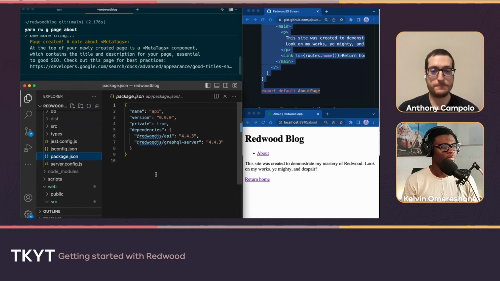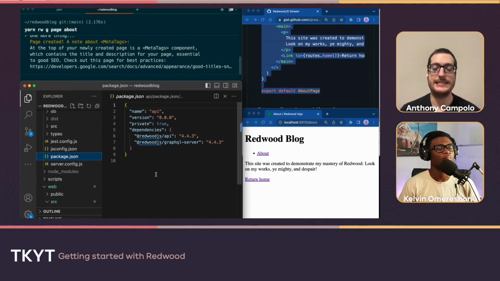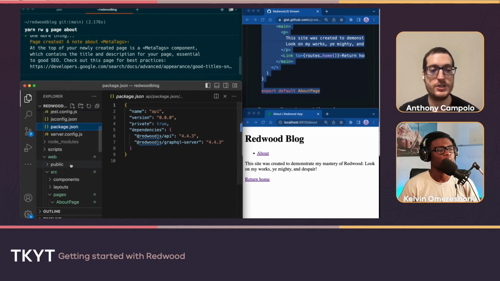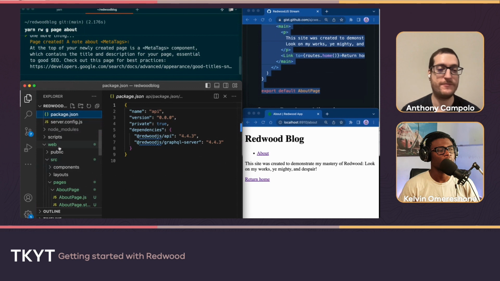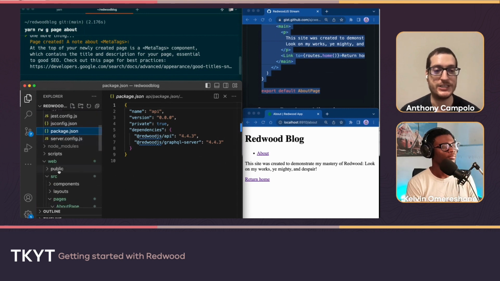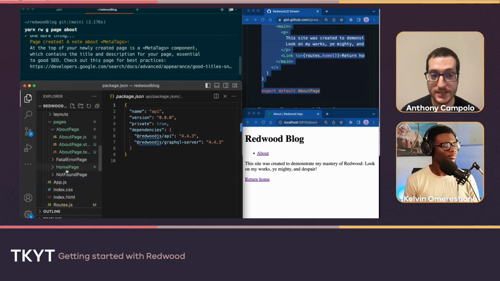And this is where you actually have a decoupled thing going on here. This is not a monolithic thing in the sense that you install one thing that has 100 packages in it. You can actually break this apart. If I wanted to entirely delete my web folder and just have a standalone API, I could do that, or vice versa. If I wanted to delete the API and just have a standalone static front end, you can also do that.